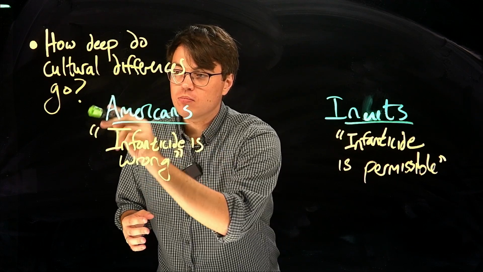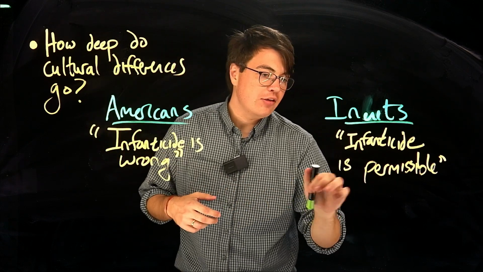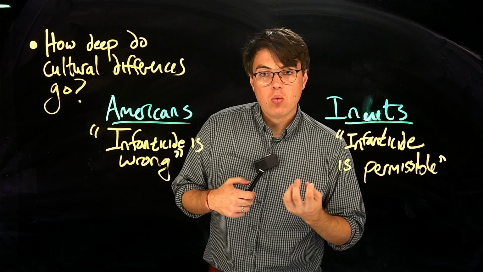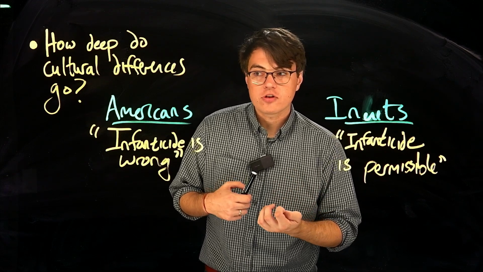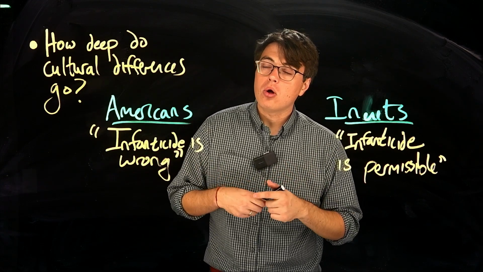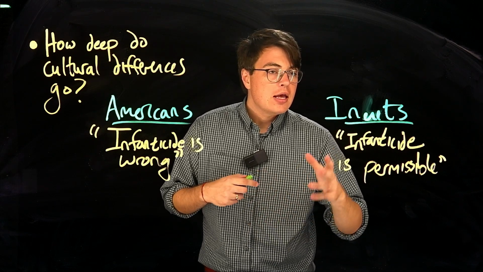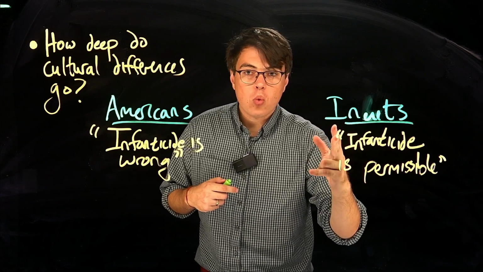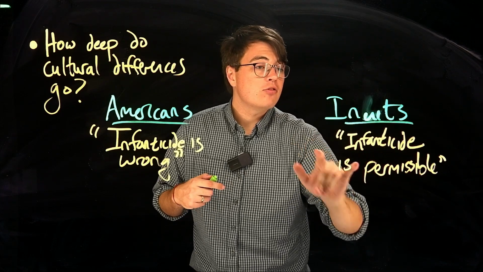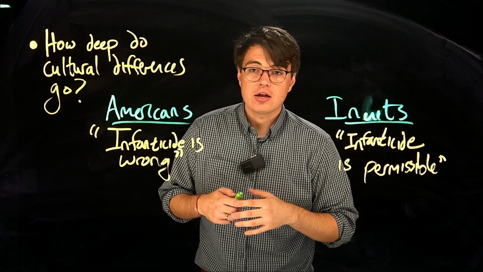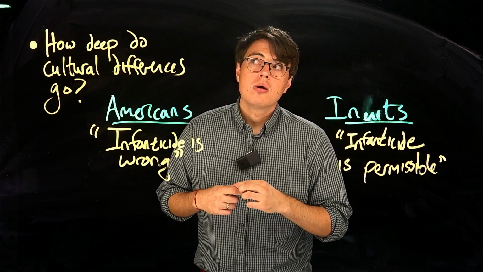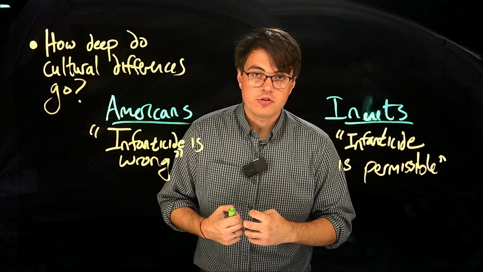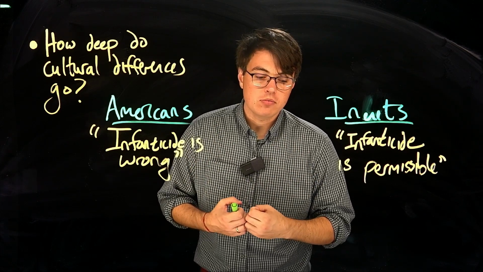Why are these different moral codes in place? He thinks that when we ask that why question, pretty quickly what we'll discover in many, though maybe not all, cases of moral disagreement, is that the reasons why, for example, the Inuits think that infanticide is permissible turn out to be more morally comprehensible to us than it initially seems.